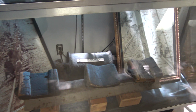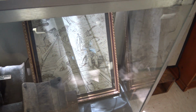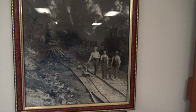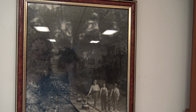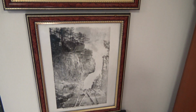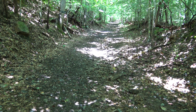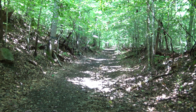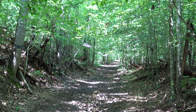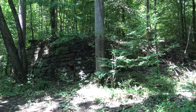And just to show you, here's a drawing of what it would look like. They used to have races on Sundays. Just to show you, here's a picture. That's very steep. Very, very steep. Anyway. And so the incline trail begins. But yes, I am not going up that incline trail today. Maybe another day. And here is the stop of that very steep